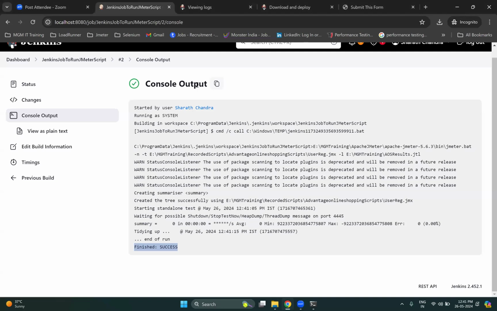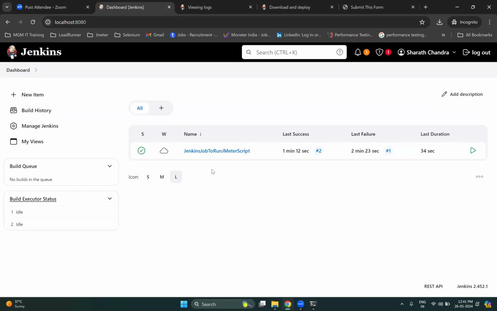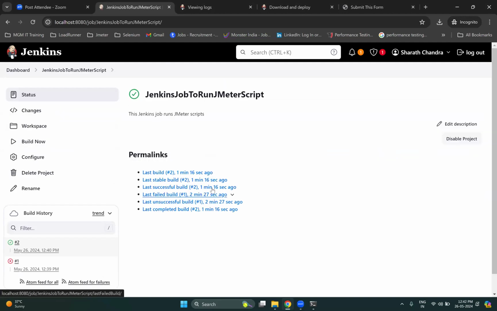Understood, guys? So this is how you can run the JMeter scripts from your Jenkins job. Now, as we don't have that SCM tool and all that pipeline, we are doing it like this. Otherwise, what we do is actually